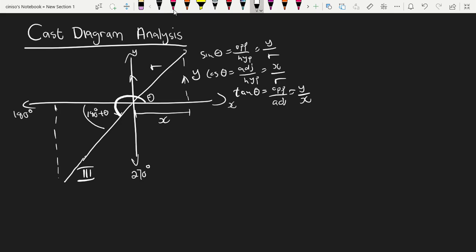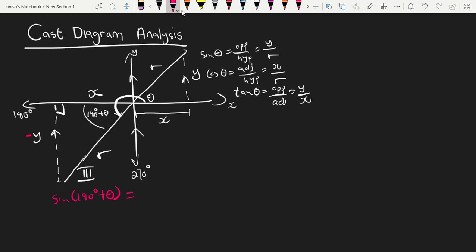forming a triangle. And this is your right angle, meaning that this is your r, hypotenuse. And now looking at this line parallel to the y-axis, making it y, and this one x. So we need to identify the angles now. The sine of 180 degrees plus theta. So remember,